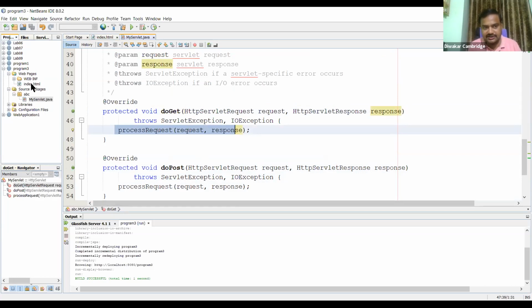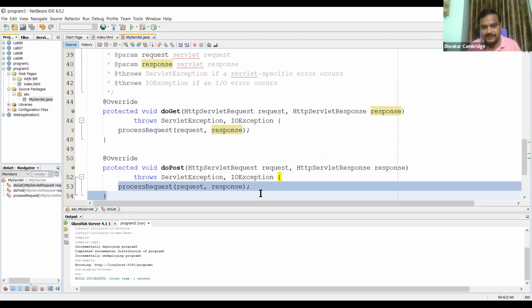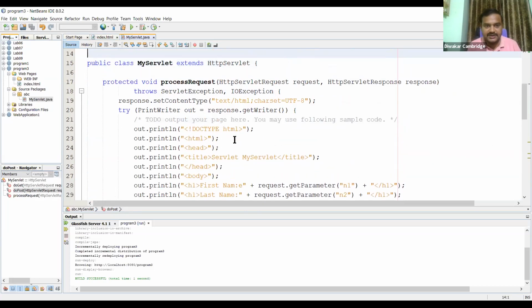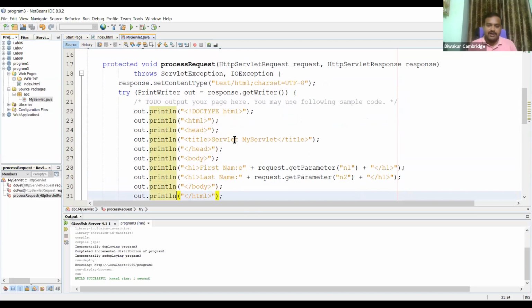When the request is sent through the post method, doPost will accept the request and response, then internally call processRequest. In both cases, it will call this method and display the first name and the last name.